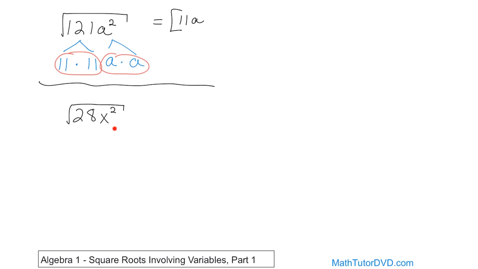So here you have a big factor tree. All of this stuff is multiplied together. So we'll handle the numbers first. So what I like to do is kind of break this off and say, well, over here, the 28 is going to be something times something. We'll call it 7 times 4. I can't do anything with the 7 because it's already as simple as it can go, but the 4 can be 2 times 2. And now all of the numbers are in their simplest form. Now all of this stuff, I kind of put the point of it right here, but really that's because I'm trying to show